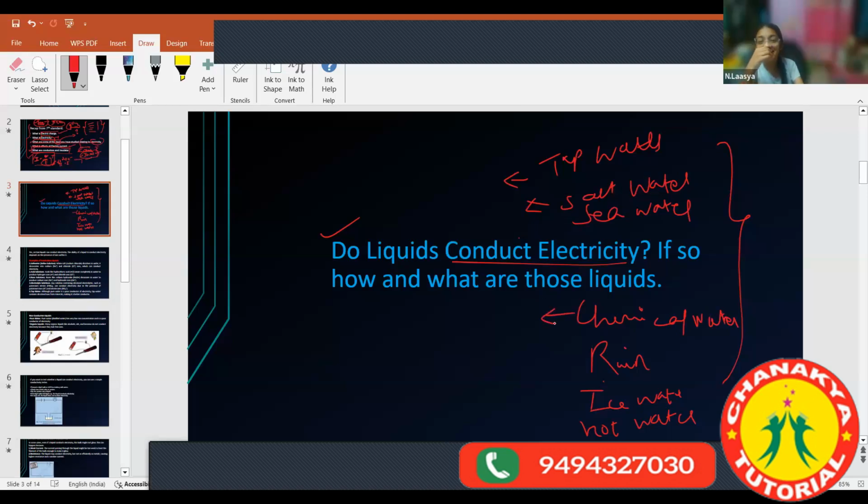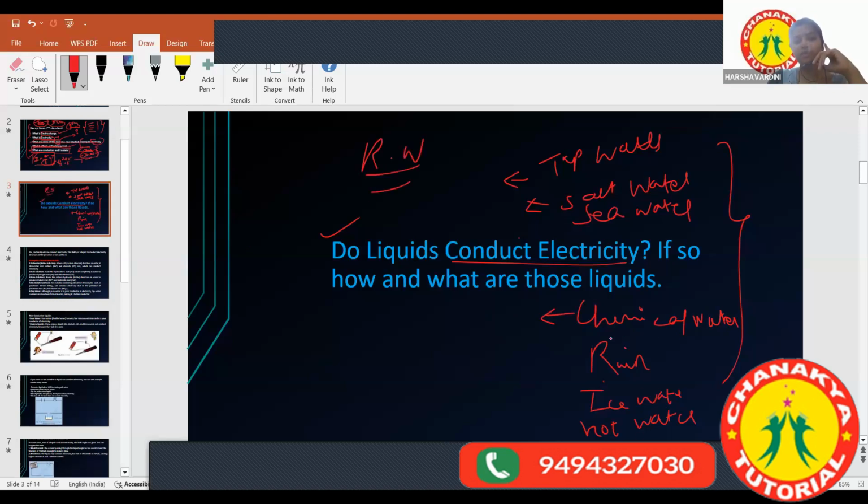Which chemical? Ma'am, like the different types of liquids, everything will add, means some different water will be formed. What are those different waters? Ma'am, like for one experiment we will be taking one water and another water. Both waters are mixing, means some other chemical, some resultant water will be there. So you cannot name them as a chemical water.